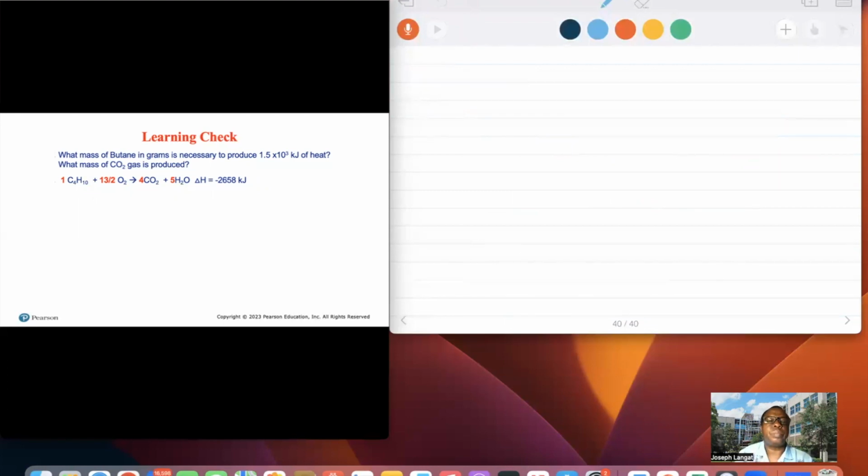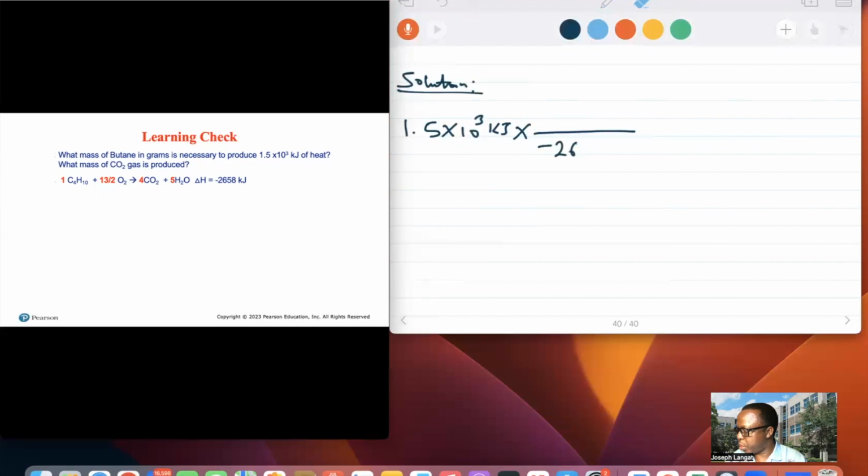All right. For this, whenever we are given 1.5 times 10 raised to 3 kilojoules, using the thermochemical equation right here, this is how much is given. This is 2658 kilojoules is produced